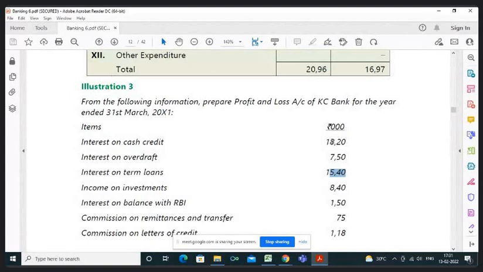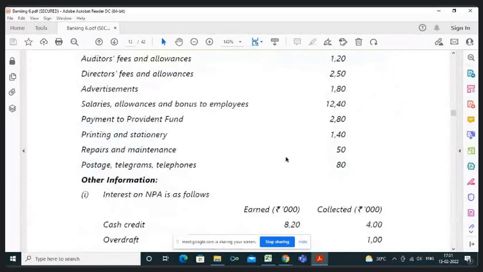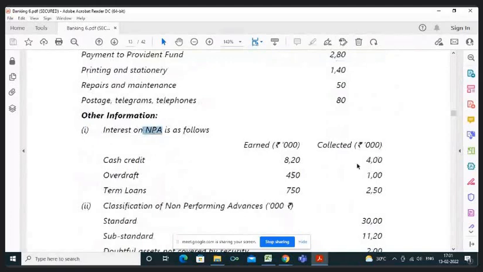So these numbers are based on income earned, but these amounts also include income from NPA, which should have been accounted on a receipts basis. So these three numbers need adjustment. That is the first thing you should remember as soon as you read this NPA. So these three need adjustment. What sort of adjustment and how to do it, we will learn. Then